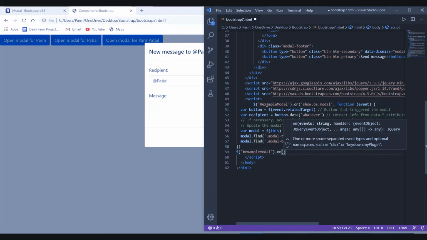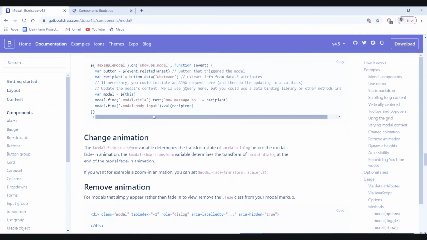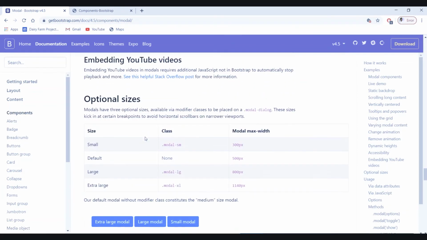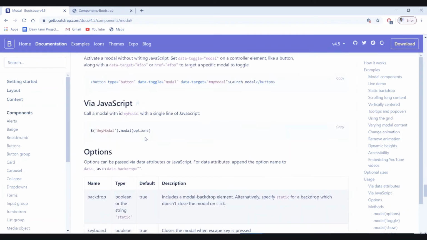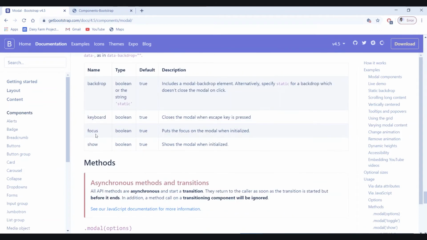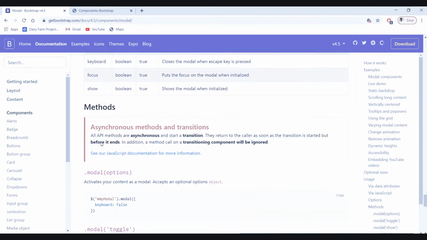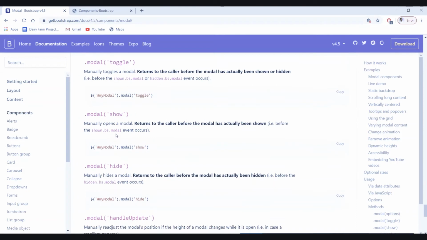When we click on this button, the dialog box is shown; for that we have the event show.bs.modal. Here we need another event for when it hides. If you want to see the events in the JavaScript documentation, look at the show events.